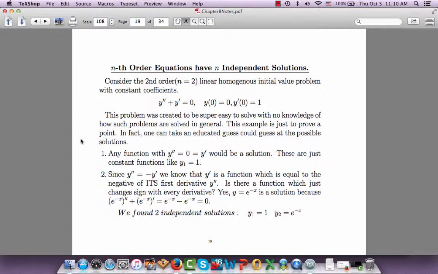In general, though, nth order equations do require n independent solutions to construct the general solution, and they will have them. So let's see the very simple example. Again, in the next few chapters, we're going to learn how to solve these equations in general using various techniques,